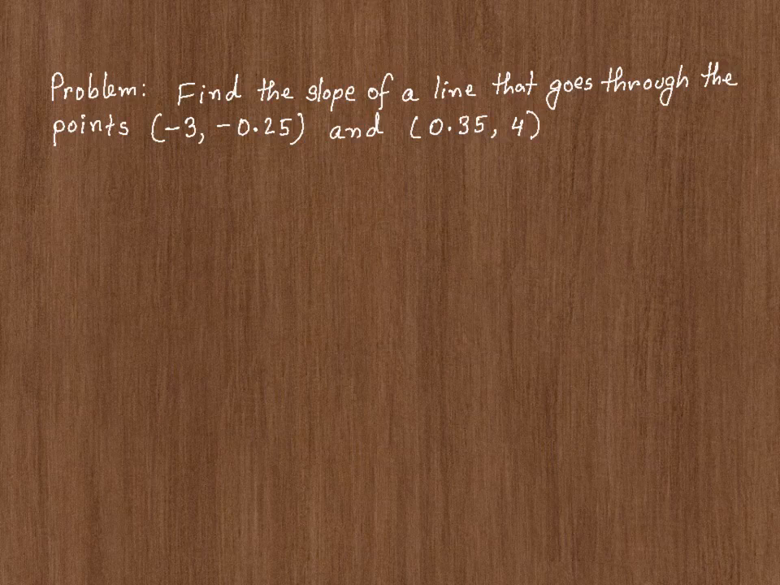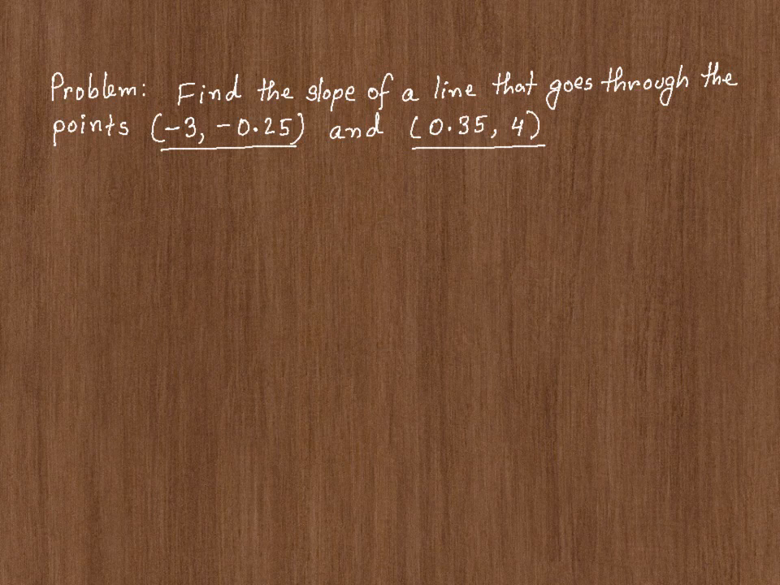In this video, we are going to find the slope of a straight line that goes through these given 2 points. One is -3, -0.25. Another is 0.35, 4. The main objective here is to use the concept of slope and how to find slope for points that have decimals in it, because some students have difficulties manipulating decimals and stuff, so we are going to deal with those